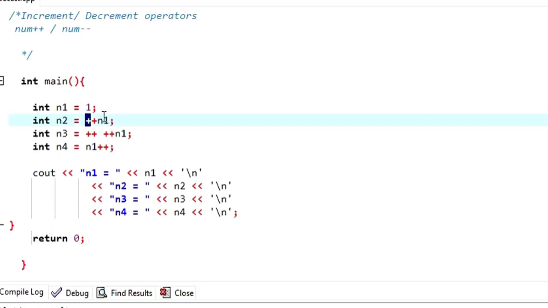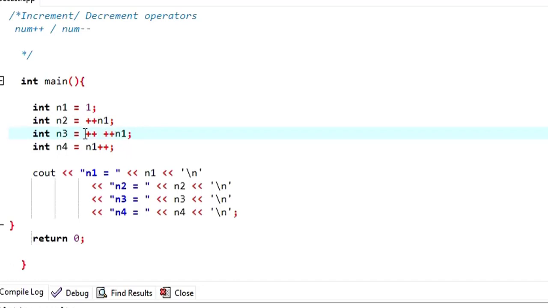So at the moment, what is the n1 value? It is 2. Then here in the next step, I'm sure it looks something weird. There is ++ here and then there is ++ here. So what does that mean? Again it is a pre-increment, so first we are going to increment the value. From the previous step, what is the n1 value? At this point n1 value was 2, right? Now I am going to increment it. So what is the n1 value now? n1 value is now 3.